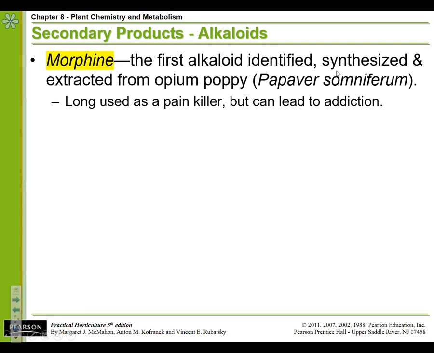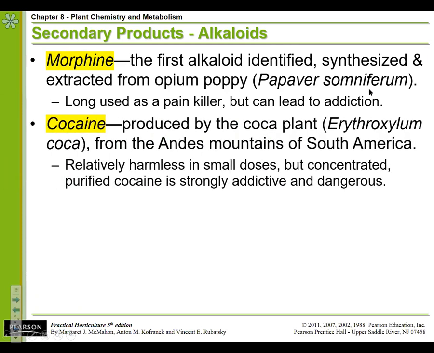Really, morphine is the synthesized form of the opiate that is derived from the opium poppy. Extremely addictive, and again, used in small quantities, important as a painkiller, medicine. Used and abused in large quantities leads to addiction and becomes a poison. And we have lots of overdoses in our country from it. Cocaine is produced from the coca plant,